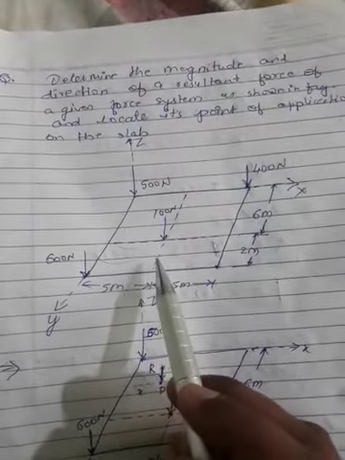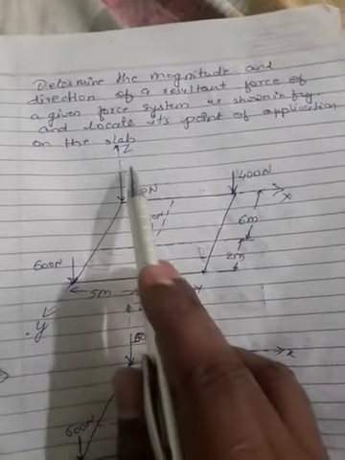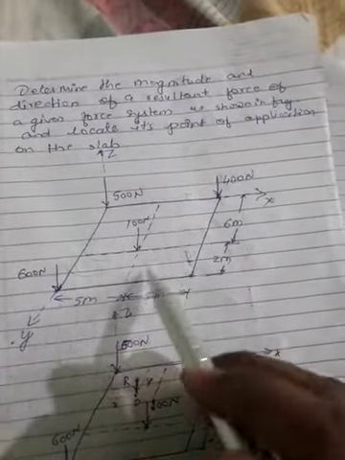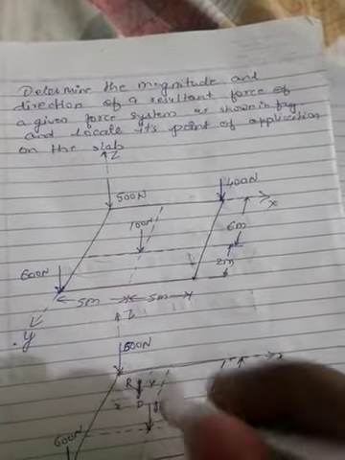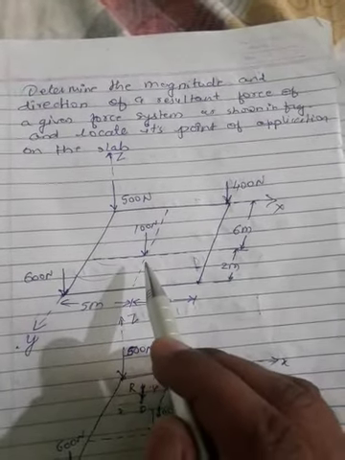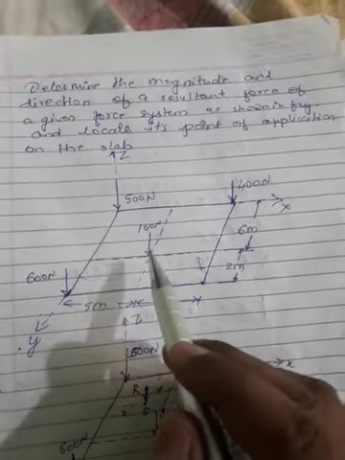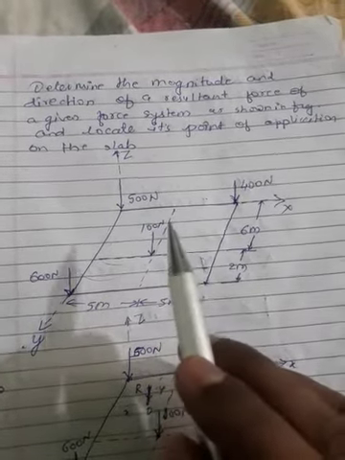As we see here in the diagram, all forces are vertical. This is the x-axis, this is the y-axis and this is the z-axis. All forces are vertical, meaning in z direction. So the resultant will act in z direction, that is Rz equal to summation Fz. Summation Fy and summation Fx value is 0 here.